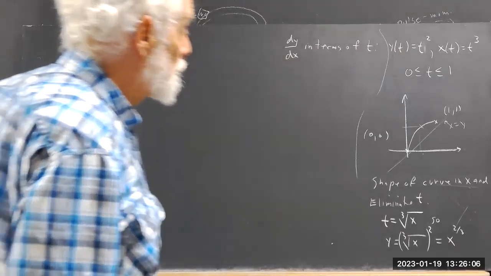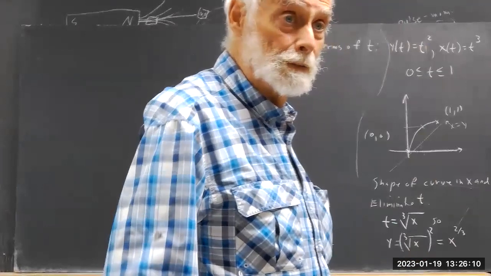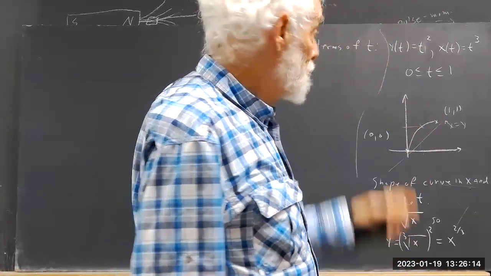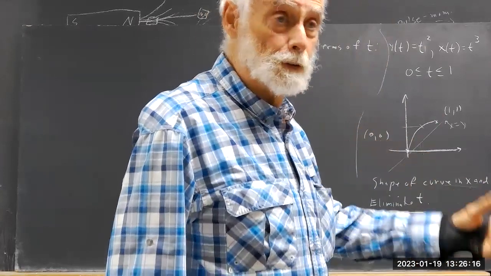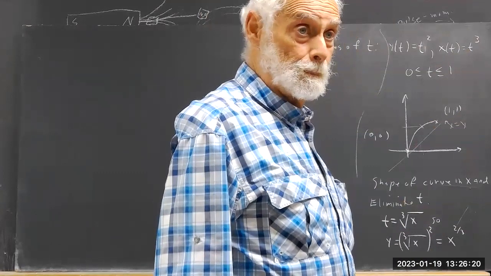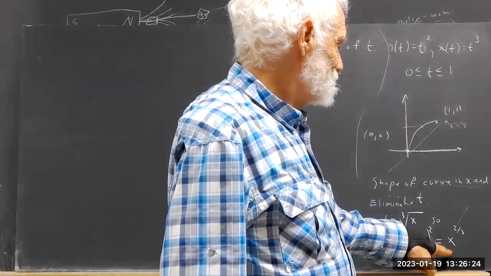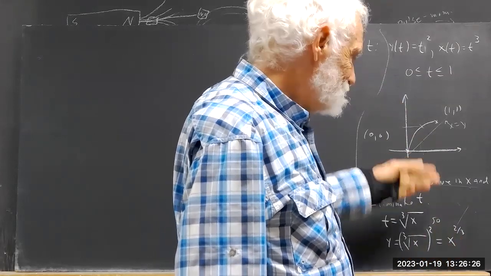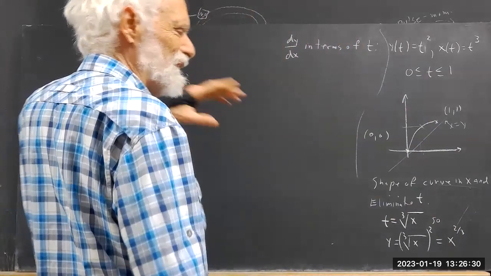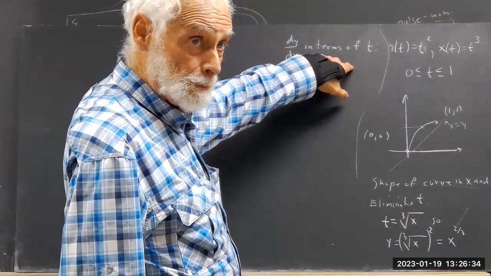In other words, if t is time and you're moving along this and t is, let's say, in seconds or whatever, this is a 1 second path. You're speeding up, you're slowing down, what's your acceleration up and down? And what's your direction at a given time? You can find that direction if you know what time corresponds to a point you're looking at. Okay, if we want to find this just in terms of t,